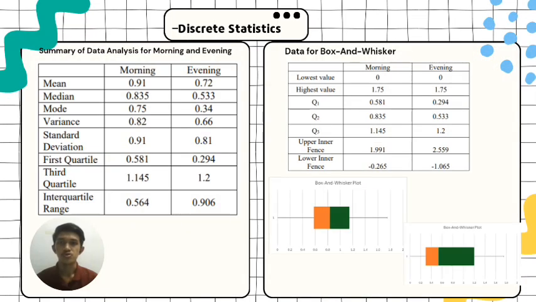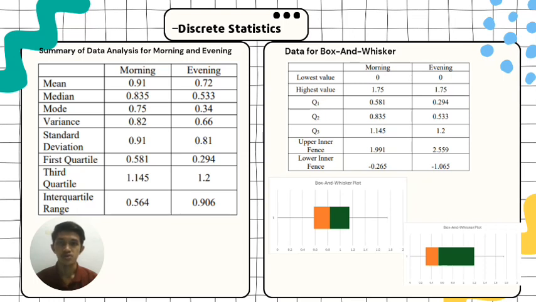Next, we go through the summary of data analysis for morning and evening. For the morning, we get the mean value of 0.91, median 0.835, mode 0.75, variance 0.82, standard deviation 0.91, first quartile 0.581, third quartile 1.145, interquartile range 0.564. For the evening, we get the mean value of 0.72, median 0.533, mode